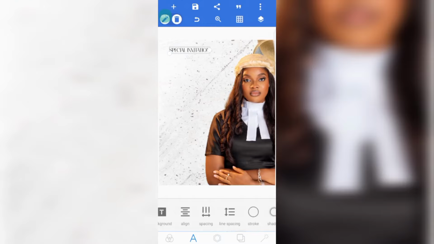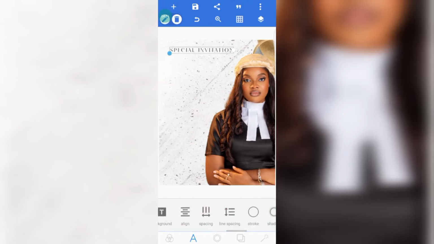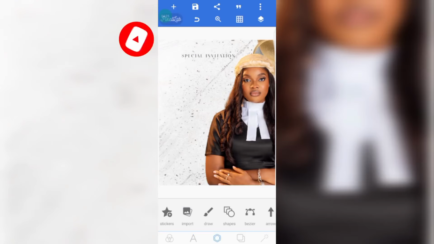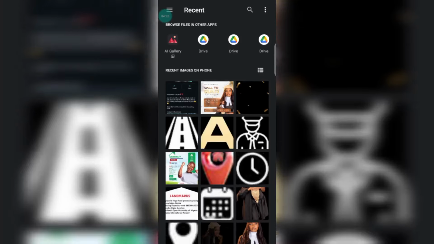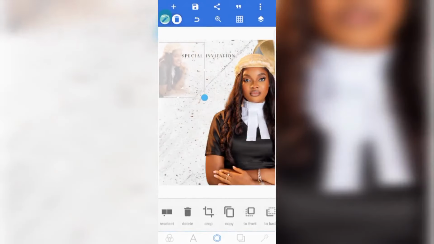Go to spacing, let's space the letters. Okay, this is okay. So click on the good icon, reduce it. Yes, make sure you reduce it. Then place it here for now. And there's something else I want us to import. This other picture. Yes, click on your good icon, reduce it,